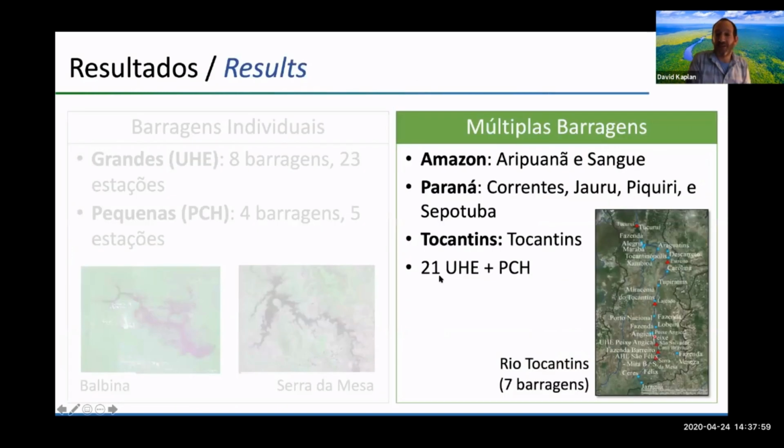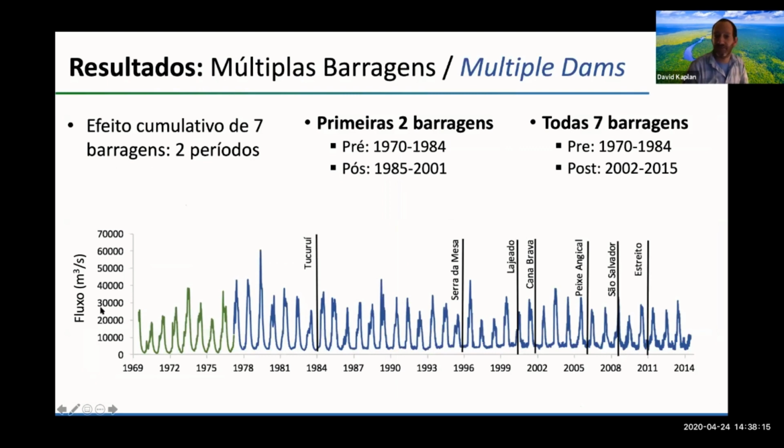Okay. So very quickly looking at how rivers with multiple dams are affected. We had 3 basins and a total of 7 rivers. I'm just going to focus on the Tocantins, which has at least currently 7 dams. And the way that we did this is the flow gauge downstream of Tucuri. We have a long flow record, and we had to break it up into periods of different dam